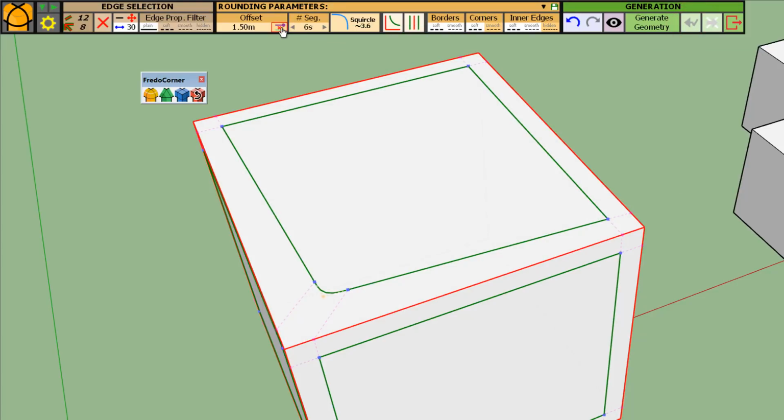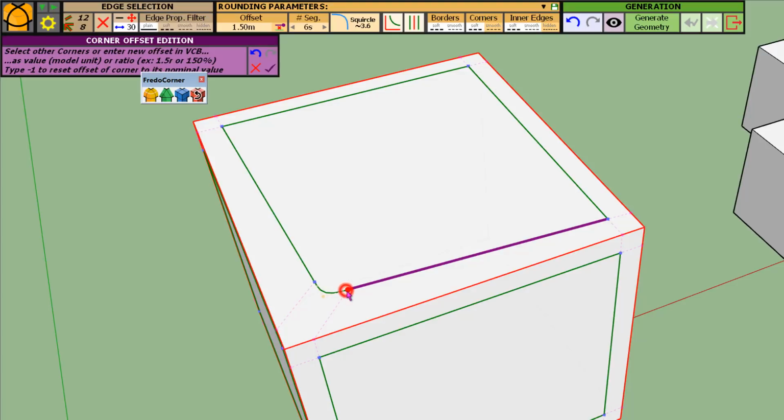So same thing, you can reset this one. You can reset it by typing -1, because 0 means actually you can type 0 and it will go to 0. So -1 is a way to reset.